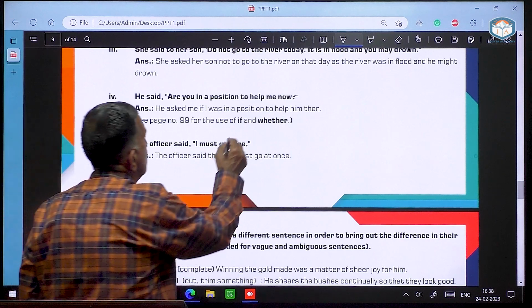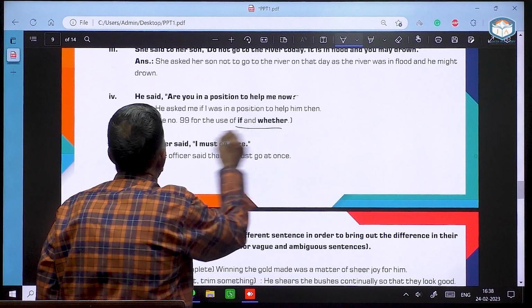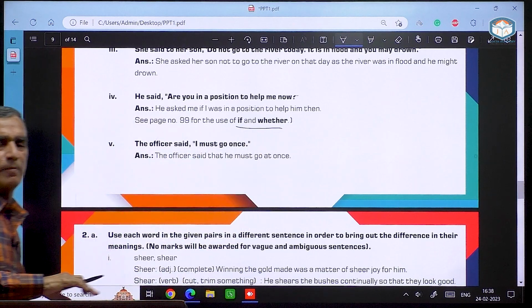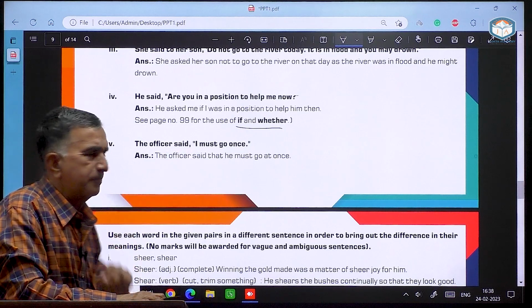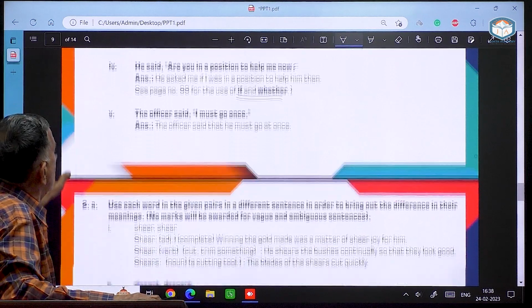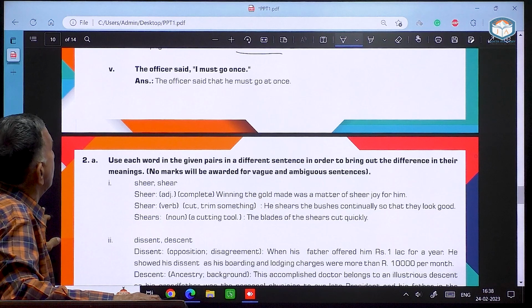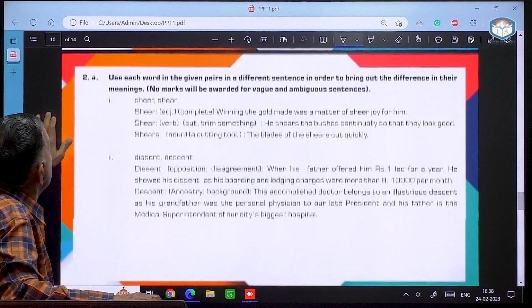Now, about the use of whether. When there is one option, we say if. When there are two, we say whether. The officer said that he must go at once. Next is,